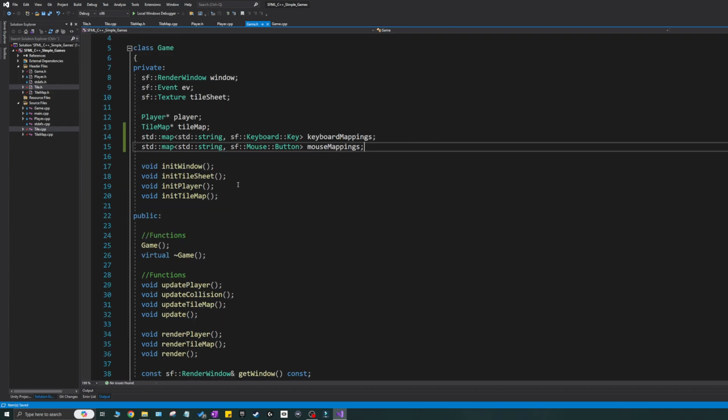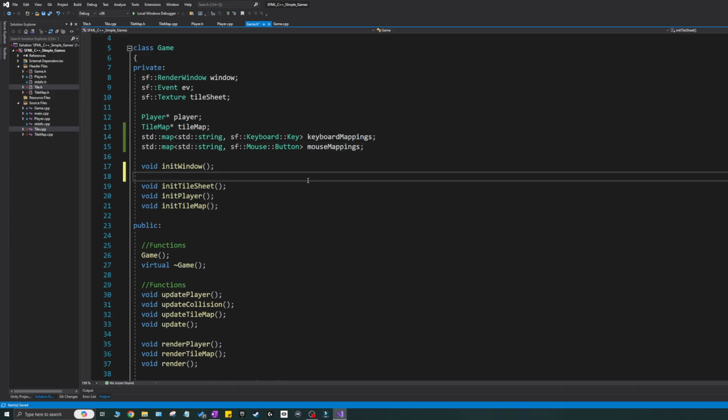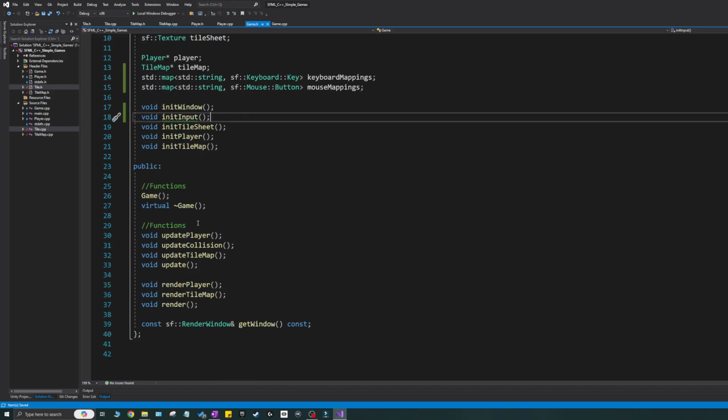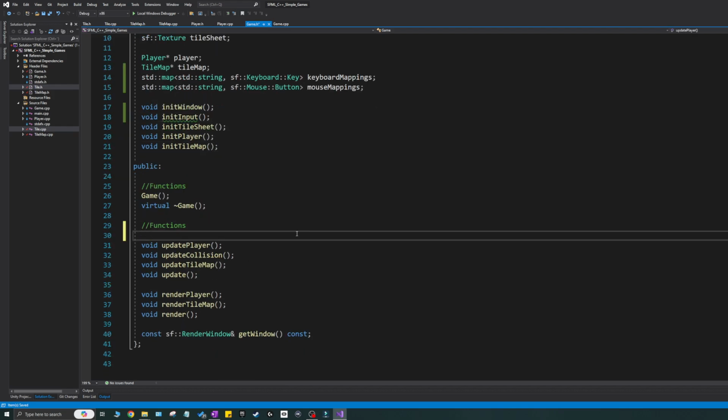What we want more is to create a function called void init input. So we'll init all our mappings in there. And then we'll go ahead and do an update input function, which we don't have. So I'll just put it on the top, void update